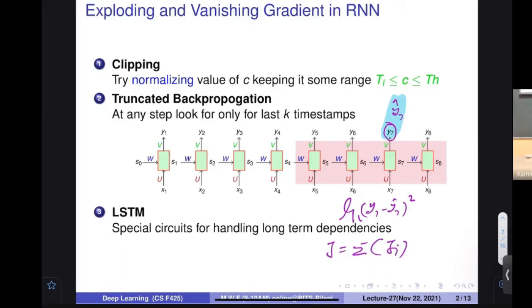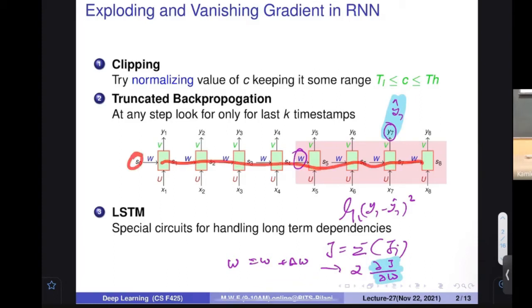We have seen that, as always, whenever you want to find the right value of a weight, you add some small portion to it, delta W, where delta W is alpha times the derivative of this function with respect to W. Finding this particular quantity is a complex task, as we have seen, because it involves multiple things. If you want to modify anything, it is going to depend upon all the states that were there.